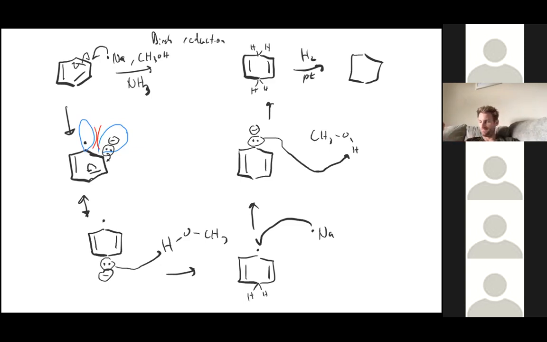There's two different ways that can happen depending on what your substituents are on your aromatic ring. So we'll talk about those now. Okay, so let's talk about the two different possibilities. If you have a carbon coming off of your ring and you throw in Na, and we'll go through a mechanism in a minute,